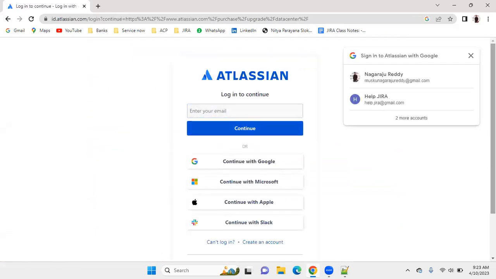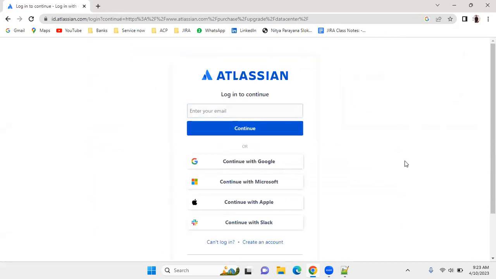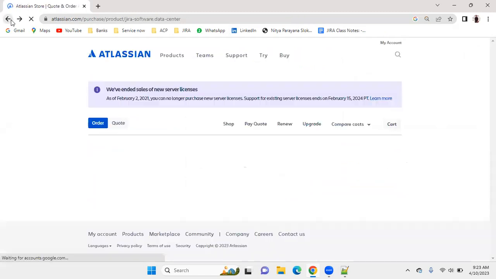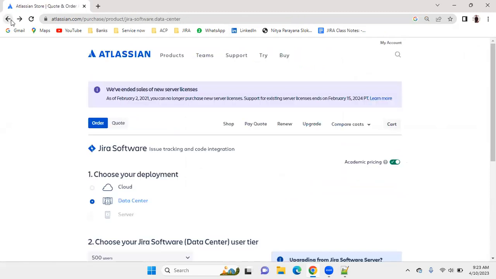Existing license means you need to enter that existing email id. Whenever you generate an account, we definitely need to enter one email id, and through that email id only we need to log in. Next we need to enter that existing license details, then it will give some discount,